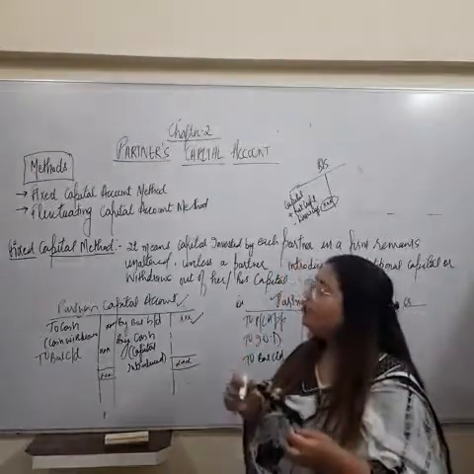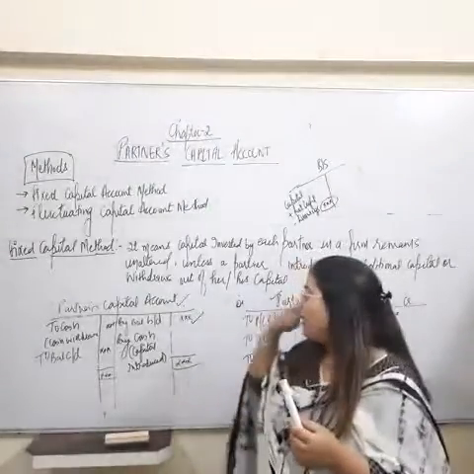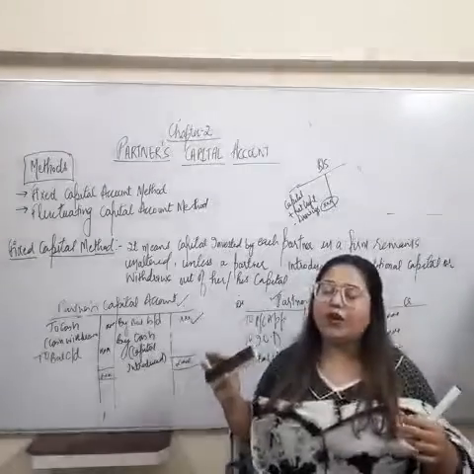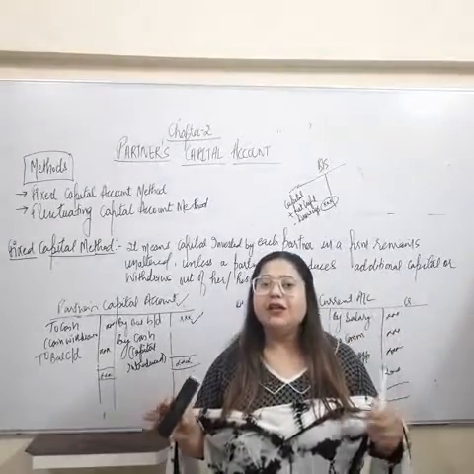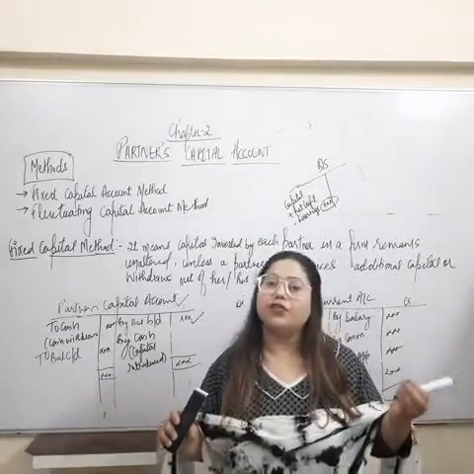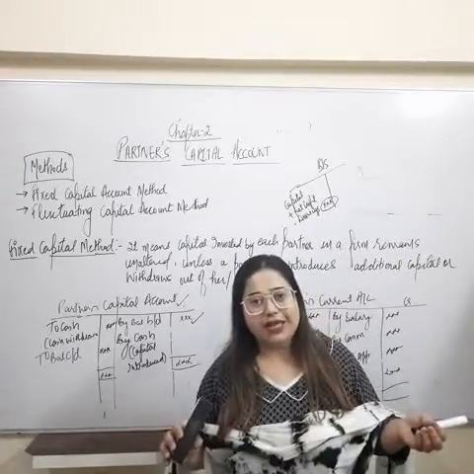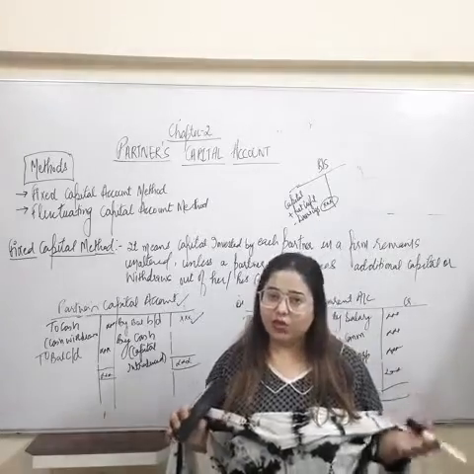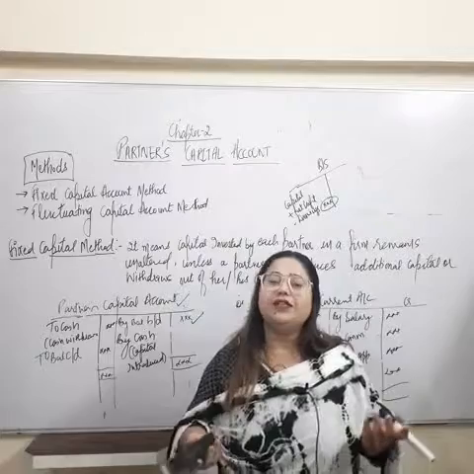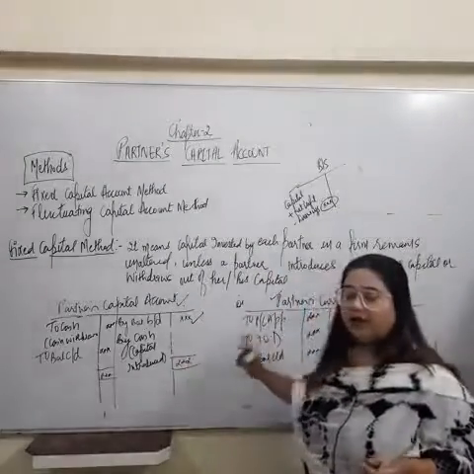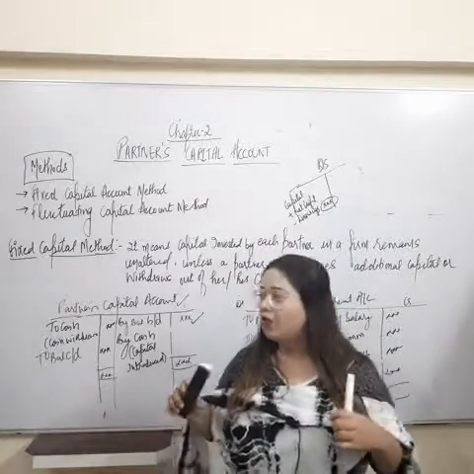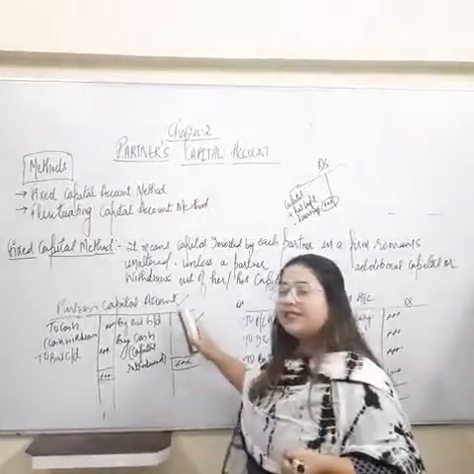Now let's talk about fluctuating capital method. So fluctuating capital method is the reverse of this, means where the partners capital balances will be altered after making all the adjustments related to salary, commission, interest on capital as well as interest on drawings. Right? Now if the capitals are not to remain fixed, it means there is no need to open two separate accounts. Then all the adjustments will be recorded in a single account only, that is called partners capital account.